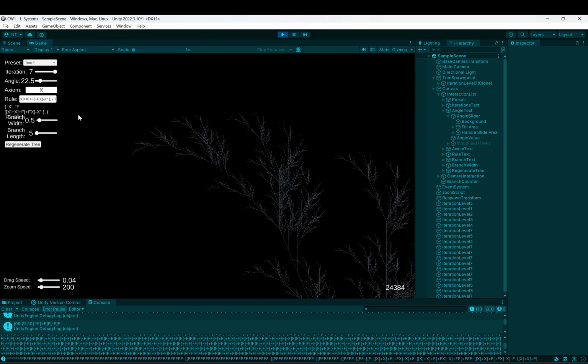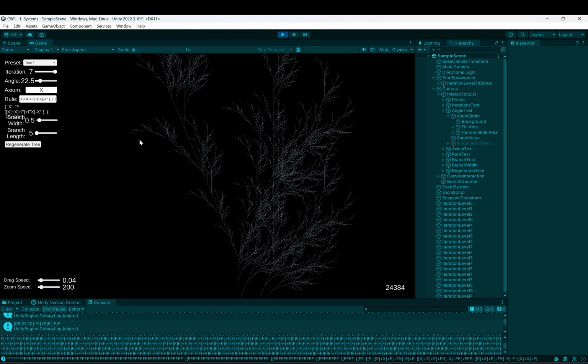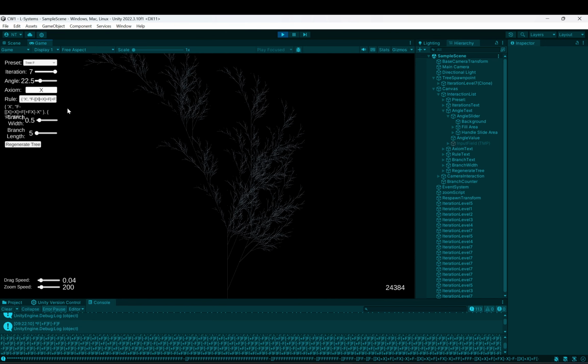And then something that you're also able to do, which I thought I should mention at this point, is manually make changes to what the starting axiom is, as well as the rules that exist within these presets. So say that I want to add an additional string. Let's do like fx, because those are some accepted values. By hitting the generate button,